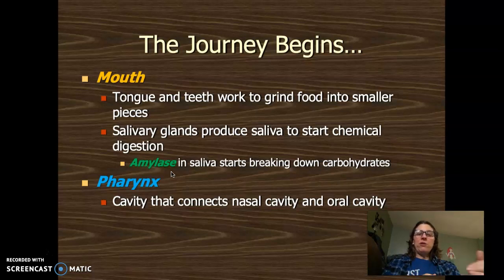So in your pharynx, there is no digestive action whatsoever, chemical or mechanical. So in your mouth, there is both chemical through the action of the amylase in your saliva, and mechanical from chewing. So food goes in your mouth, through your pharynx as you're swallowing, and into